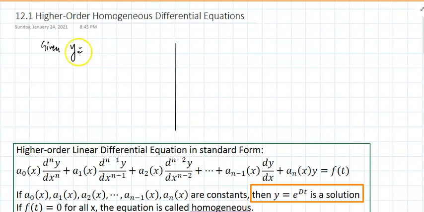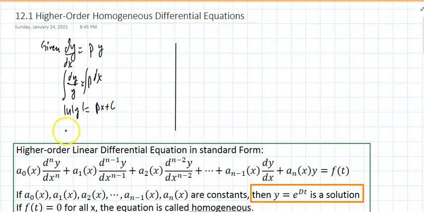Let's say dy/dx equals p times y. Given this differential equation, if I want to solve it, I could use separation of variables. dy over y equals p dx. I can integrate: the natural log of the absolute value of y equals px plus c. And I could say y equals e to the px plus c,